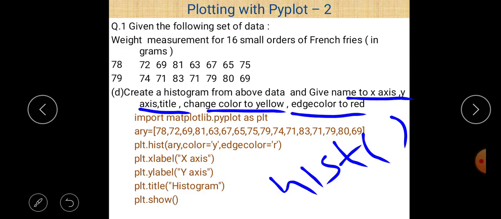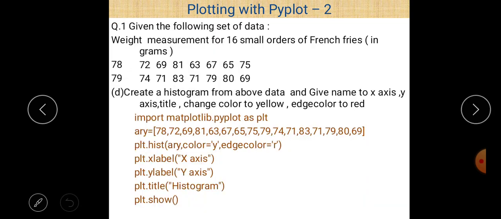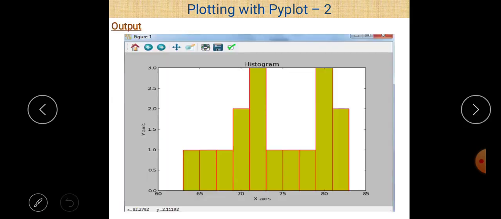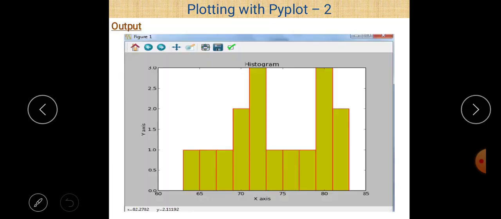So we have to change the color of the histogram and also the color of the edge, which is black by default. So in this case we have to change the color of the edge also. It means your answer looks like this.